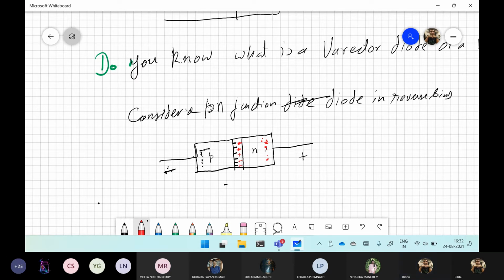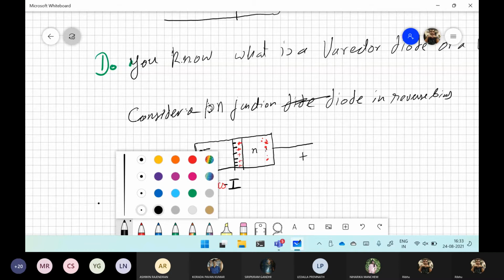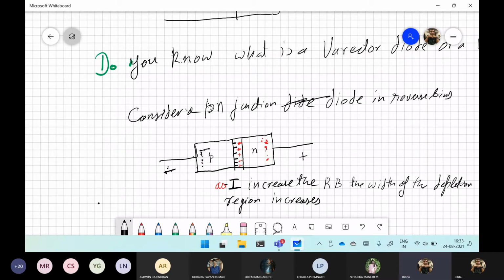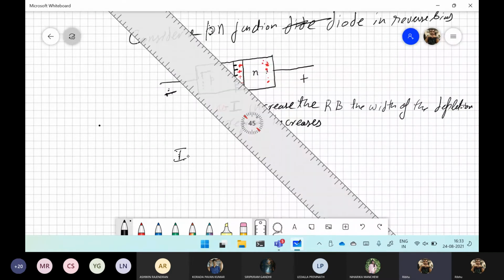Badly drawn, but yes, sir. So now, as I increase the reverse bias, the width of the depletion region increases, right? If we look at the depletion region,